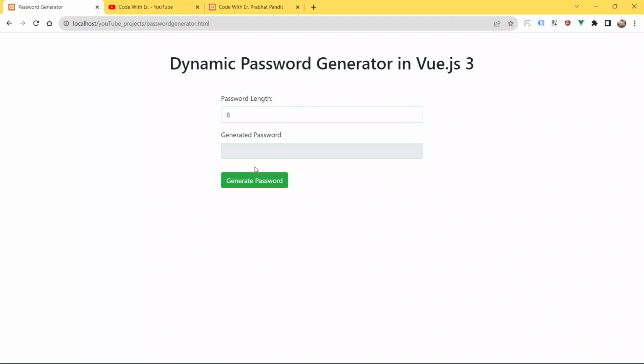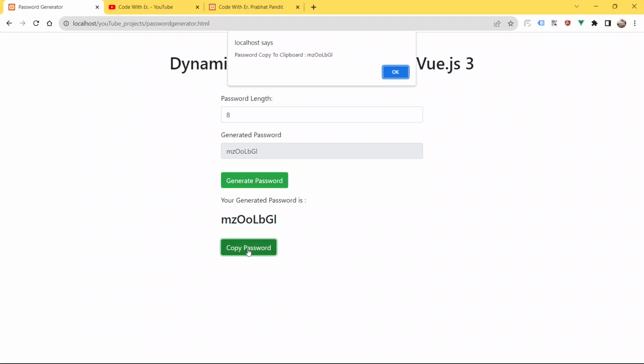So guys, here you can see, like you can generate the password of length 8, you can generate the password of length 10, you can generate the password of length 15 also. See, every time you click the button, you will be able to see a new and different password also, okay. And we have got the functionality also to copy the password to the clipboard, okay. So just click the button copy password, and then the password will be copied to the clipboard, and you can save it somewhere else for your future reference, okay.